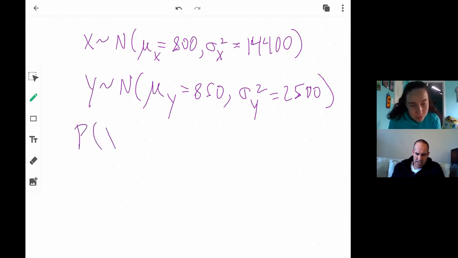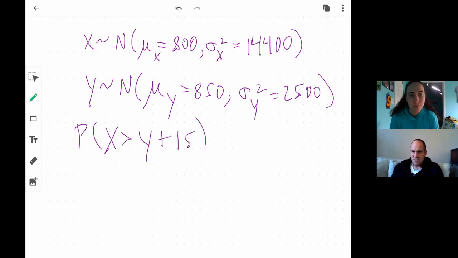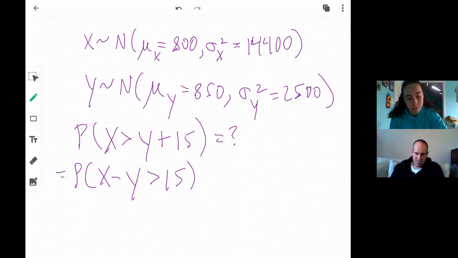Okay, so you want the probability that X is bigger than Y plus 15. Does that make sense? Or you could say this is the probability that X minus Y is bigger than 15, yes? But this is equal to this. Well, what's the distribution of X minus Y? Can we call it another variable? Well, it's going to be normal